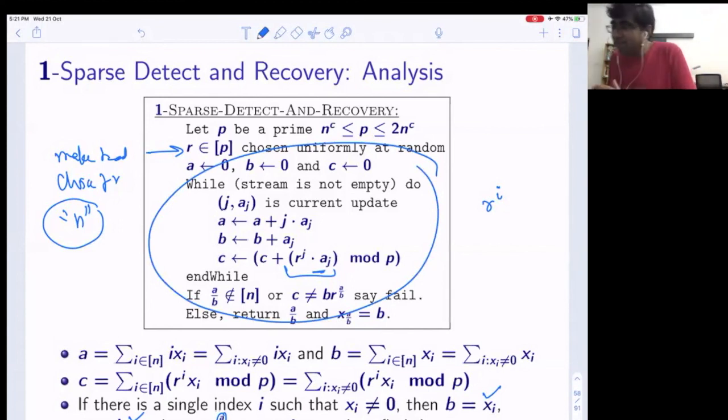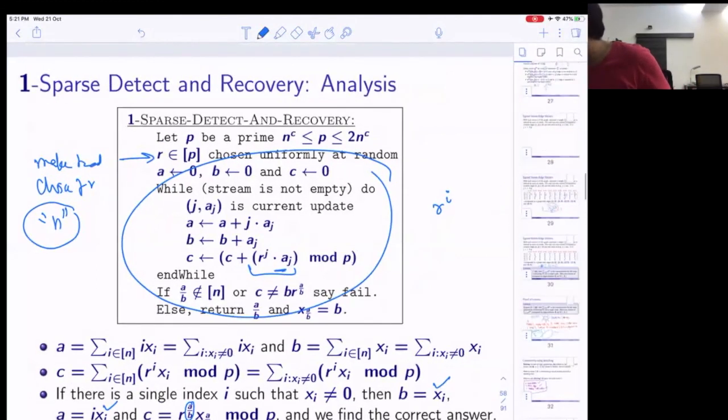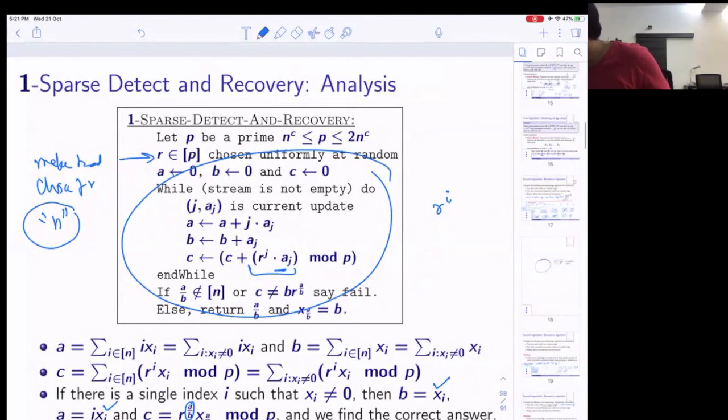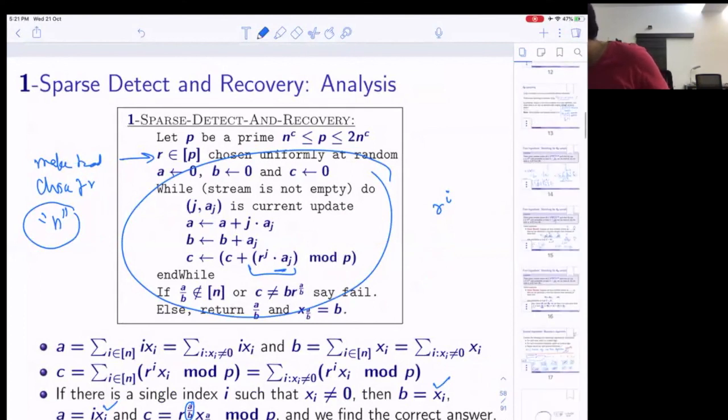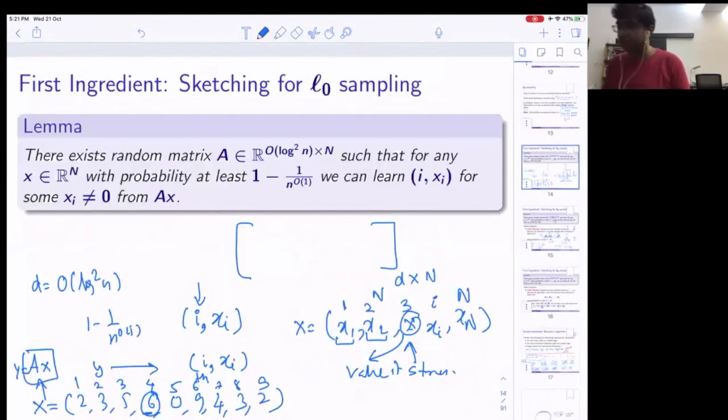So we will apply this algorithm with one more idea of sieving with respect to geometric sampling to come up with an algorithm to give a proof of our main L0 sampling algorithm. Okay, and I do not want to do it at this point of time because it requires a bit of care and understanding, and that's the crux of many algorithms in streaming. So it is important to understand that well. So I think with that, I will stop today.